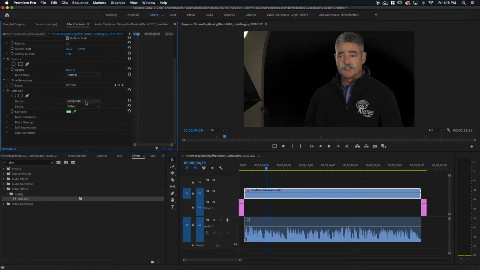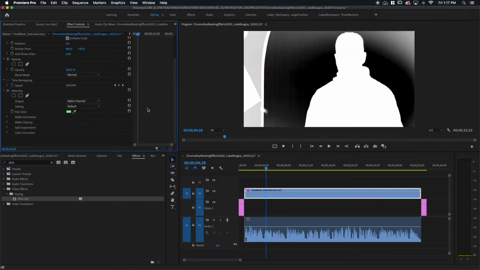Right now, we're looking at the composite, which is the video itself with all of its elements. If I hit the down arrow on this and I go to alpha channel, you can actually see what is being removed here and what hasn't been. Everything that is white, a very light shade here, is what will not allow anything to pass through from the background, okay? From whatever we put underneath here on video 1.